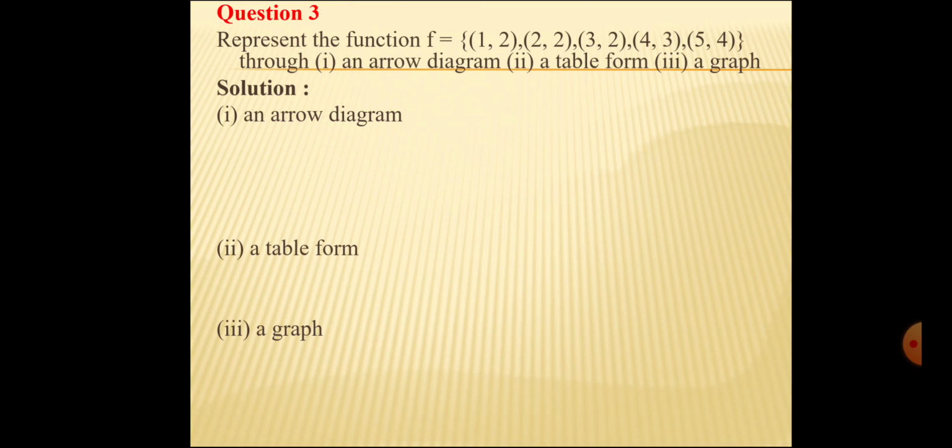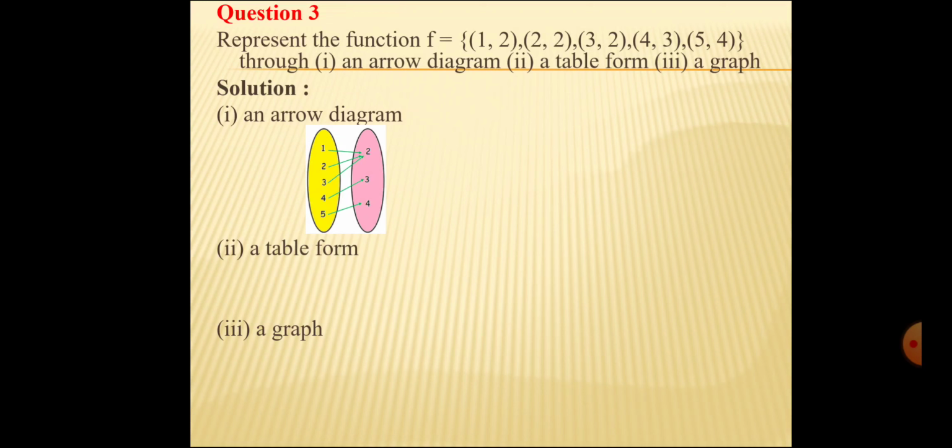First, arrow diagram. You draw the arrow diagram here. First you write in the top x and y. You see the function's first place is x. So here you see in first place 1, 2, 3, 4, 5. So here 1, 2, 3, 4, 5. Next in second place 2, 2, 2. The 2 comes three times, but you write only one time 2.